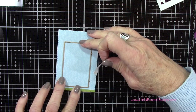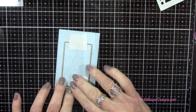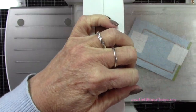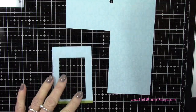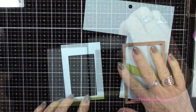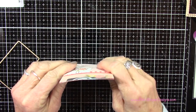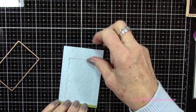So now I've got that rectangle that came with the fence and window die set, and we're going to cut the opening out. So I'm running that through the die cutting machine, and now I need to create a second piece just like this one. So I'm going to again die cut the blue and the green paper. So now that I've got that second panel, I'm going to cut that opening in the exact same place, and